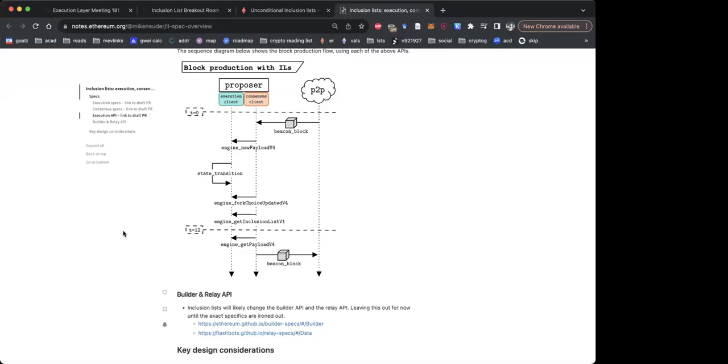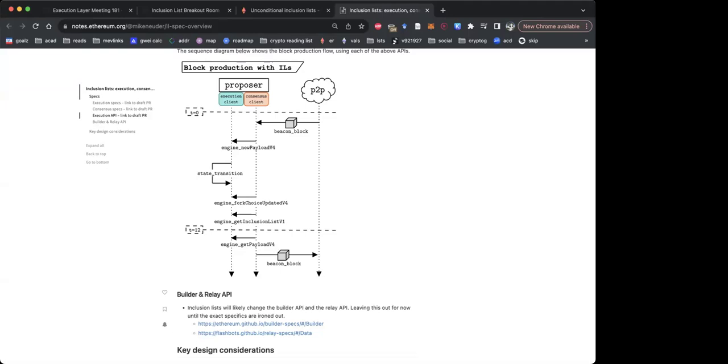If you are going to construct a local payload and you've called in a detached way for an inclusion list, the local EL either remembered what EL it sent you and doesn't include those transactions in the local payload, or doesn't send you any EL and puts those transactions in the local payload. So if you're constructing locally, I kind of disagree with Tim. I think the default EL should give you an EL and construct the local payload without any of those transactions in it.